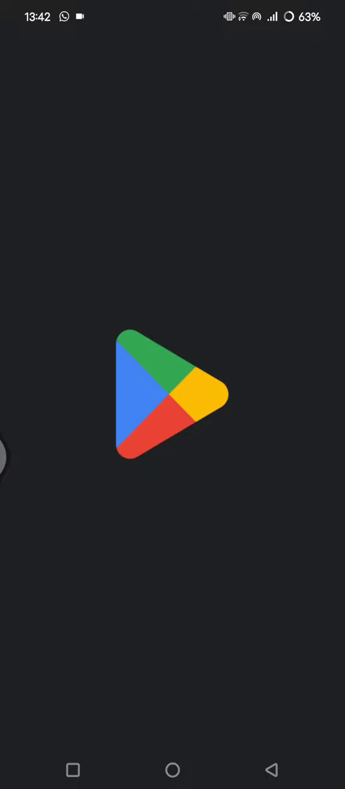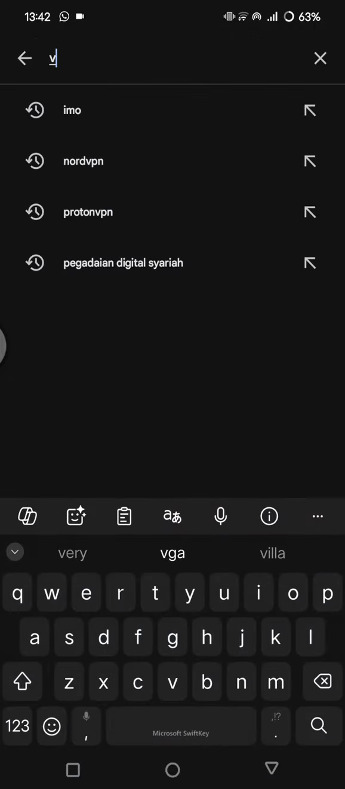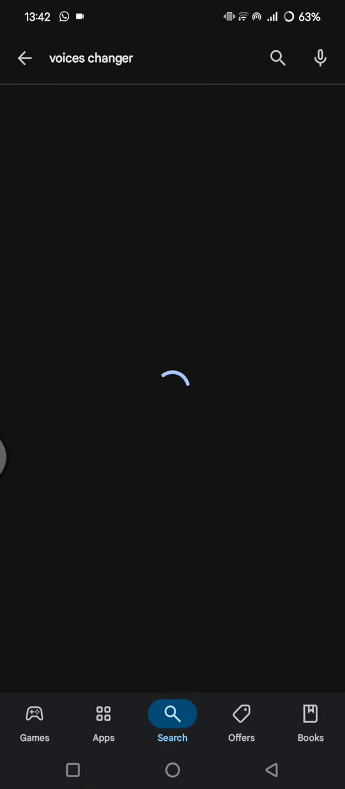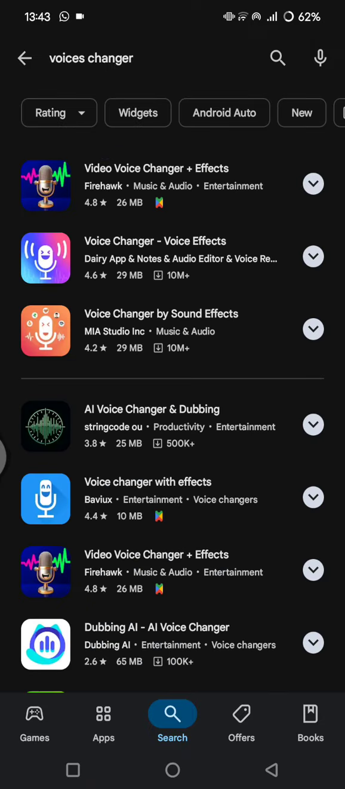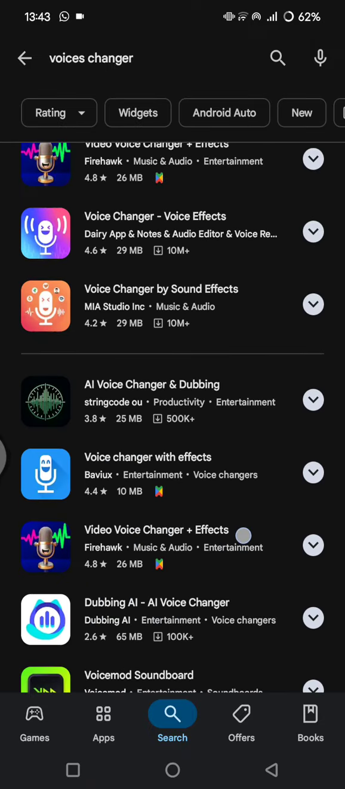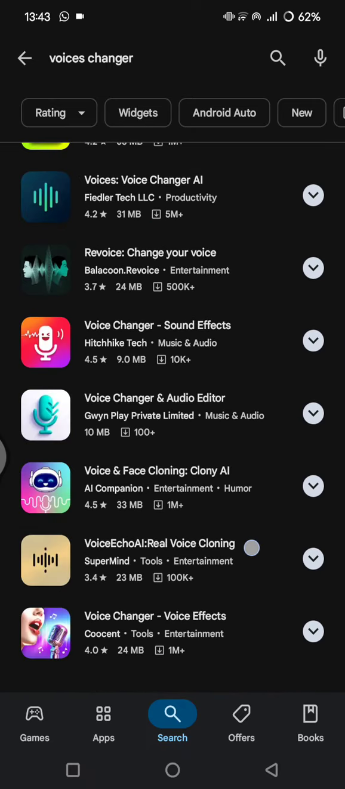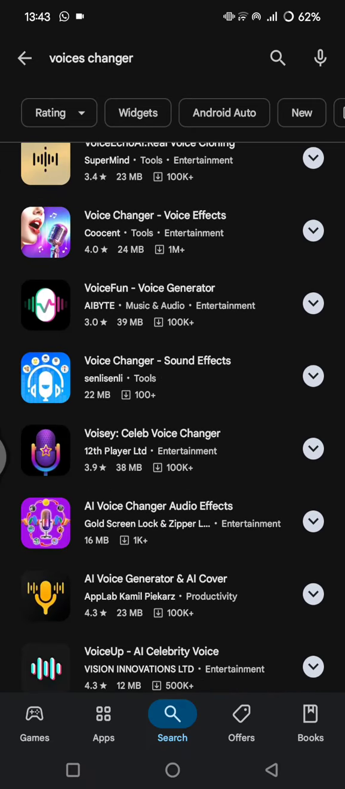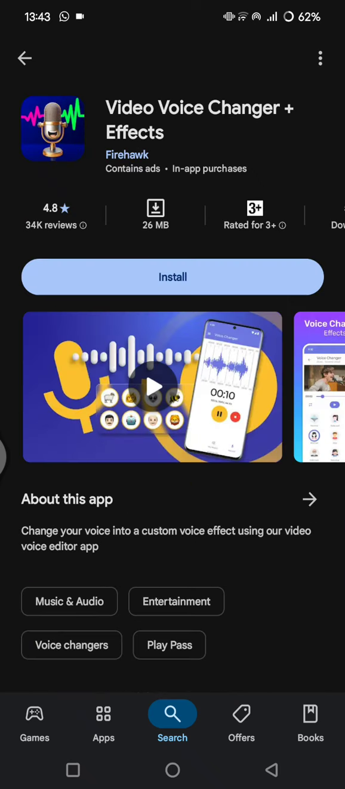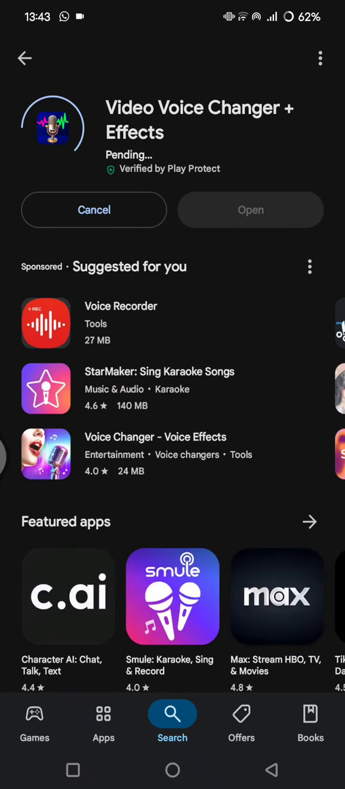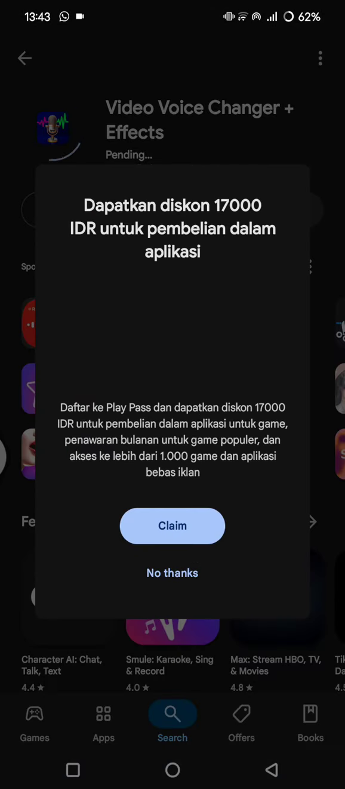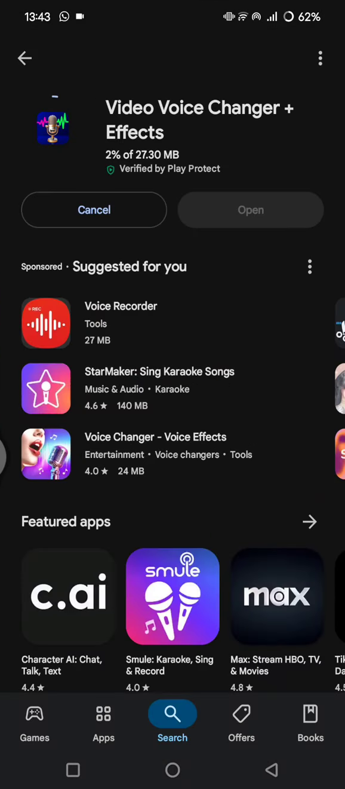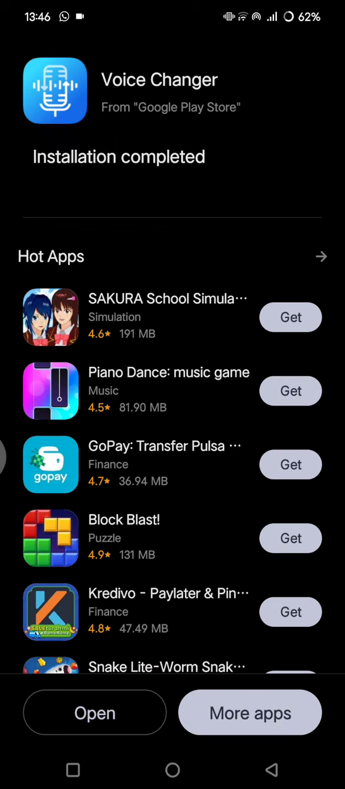So let's just download the app first. Okay, as you guys can see here, there are lots of apps. I'm going to just use this one. Now you can just install it on your device and wait. Okay, so once the app is installed, you can just open it